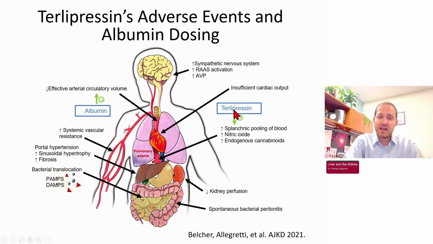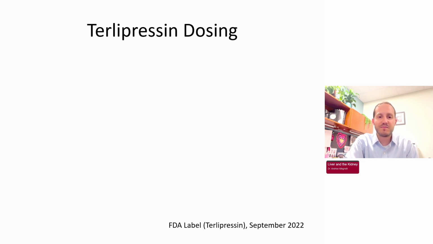But terlipressin is an analog of vasopressin, so it's also an afterload increasing agent. So you're giving preload, you're increasing afterload, and in someone who's at risk for pulmonary edema, you're not really doing anything to the heart. It's not like it's a beta adrenergic agent like norepinephrine would be. And so you have an increased risk in, say, a patient who's infected or inflamed in ACLF grade 3, or primed with pre-existing cardiac disease, and you can wind up with pulmonary edema that way. But if you stop the drug and diurese, I've caught this before and then just diurese these patients, and they tend to do okay, but I think you've got to be aware of it and intervene early.